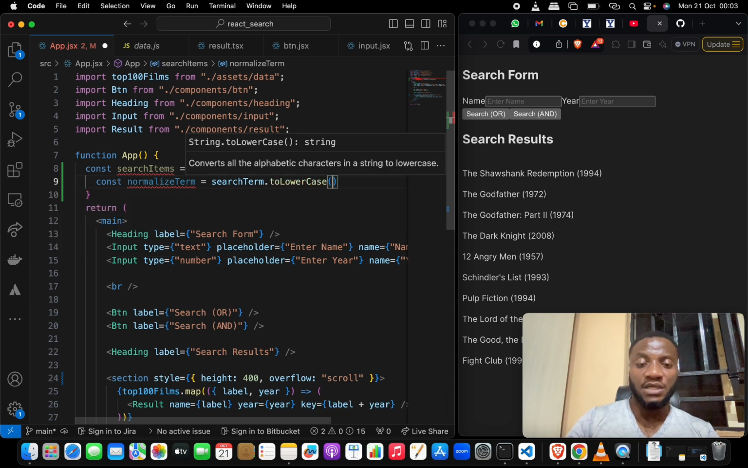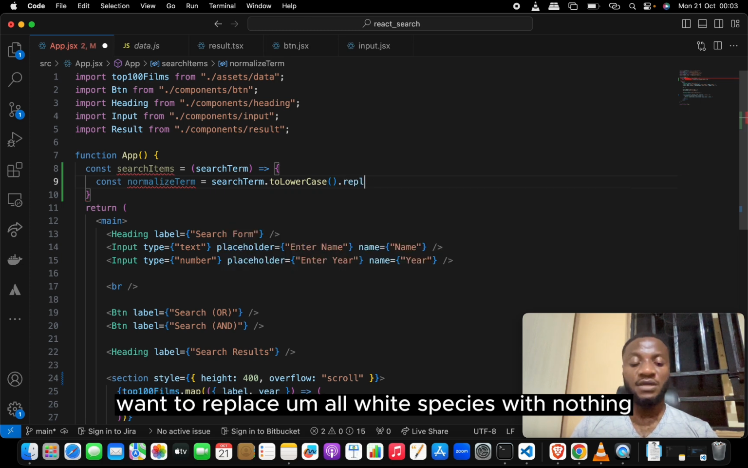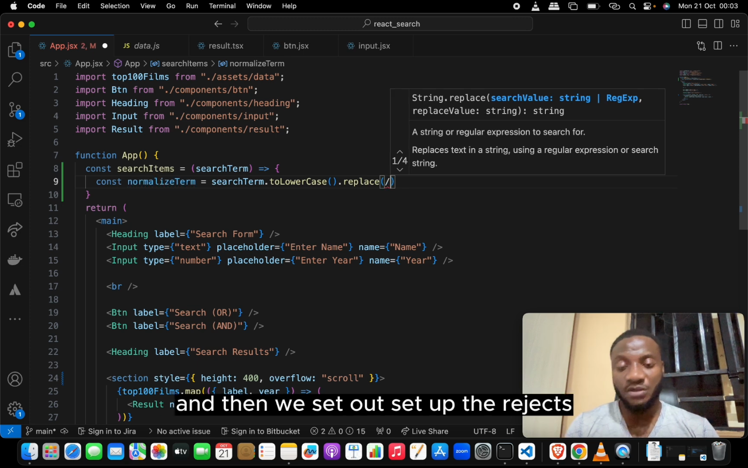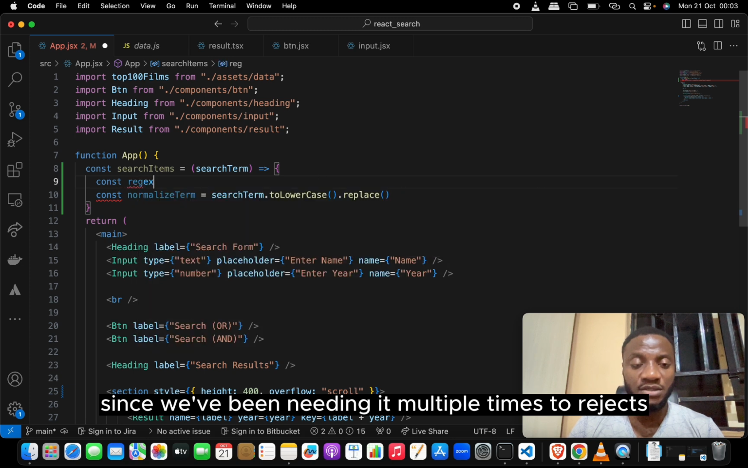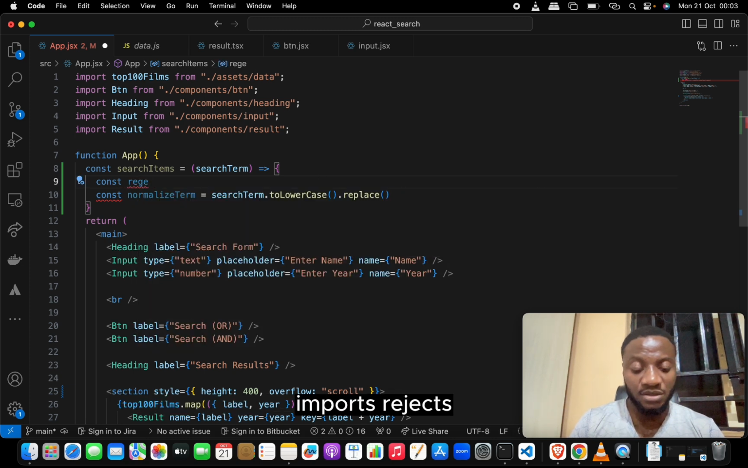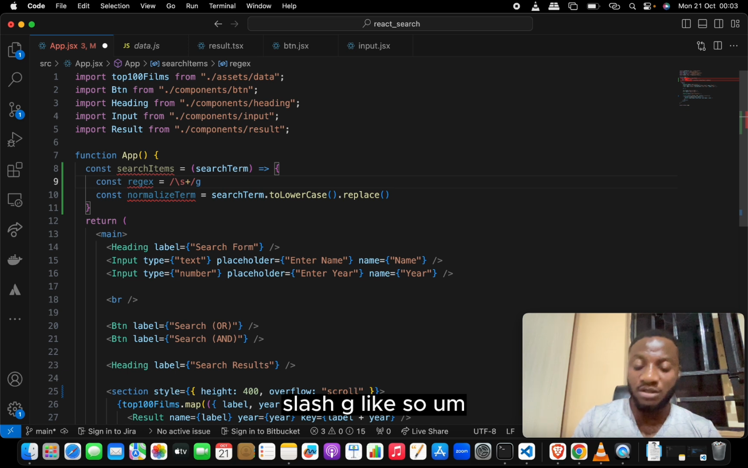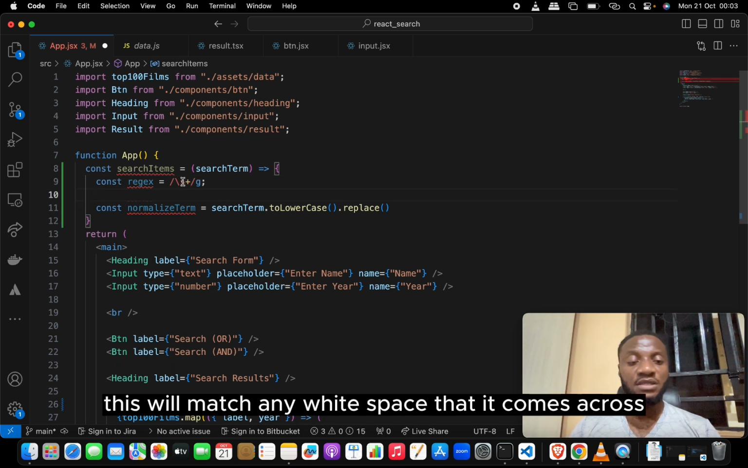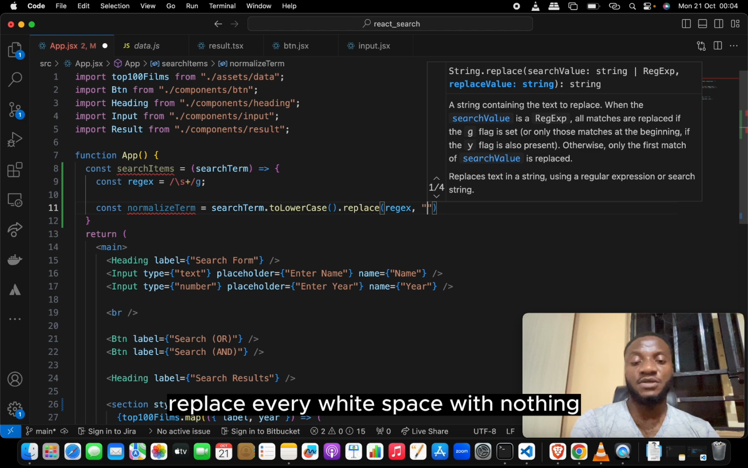like so. And then the next thing we want to do is to replace all white spaces with nothing. So we'll do a replace, and then we set up the regex. We can set up the regex here since we'll be needing it multiple times. So regex equal to regex slash, and then escape s plus slash g like so. Basically this will match any white space that it comes across. So in here we'll put in regex, and then we are saying it should replace every white space with nothing